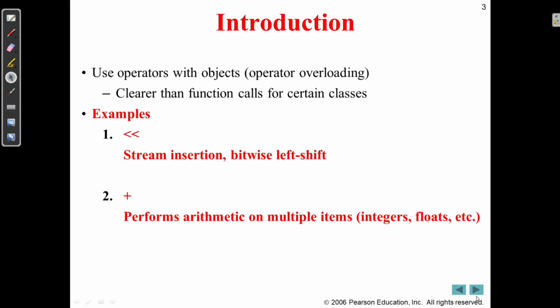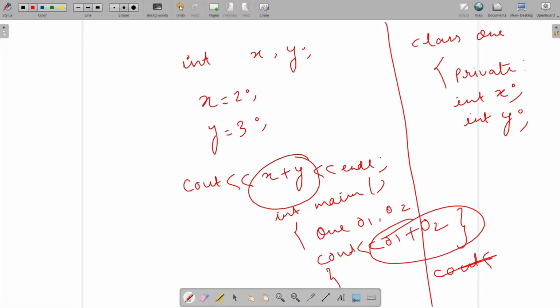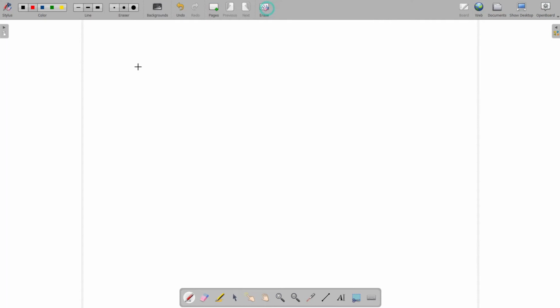First, the purpose of operator overloading. For example, we have the stream insertion operator, and the arithmetic and multiplication operators. Let's say I have an int x. I can simply write cout x, and if x is equal to 5, it is going to print 5.